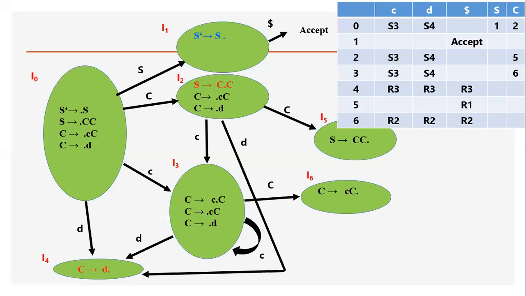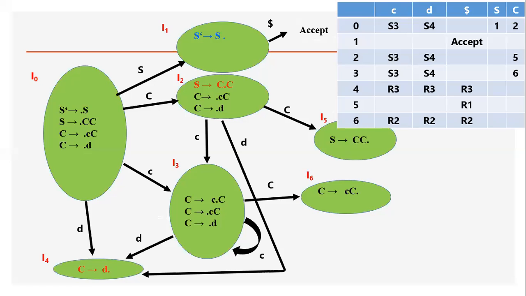We look at here, we are having seven states, is it not? I0, I1, I2, I3, I4, I5, I6. And we are having terminal symbols c, d, dollar, and non-terminals S and C. Please remember always that the augmented S' that you add should not come into your SLR table. We are considering only, in the given productions, what all are the terminals and what all are the non-terminals. Only those we consider when constructing the SLR table.